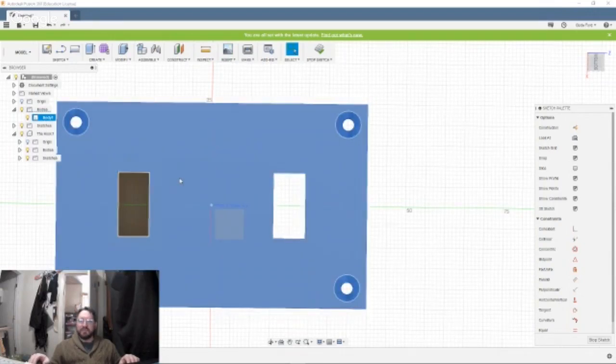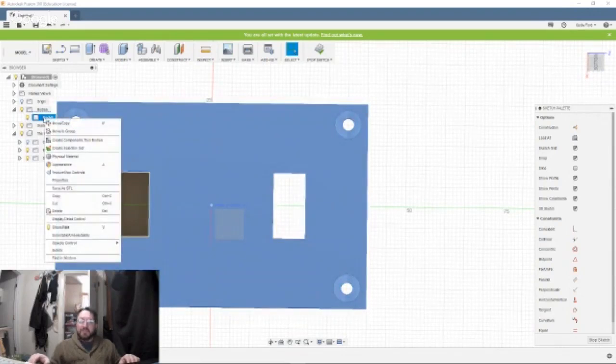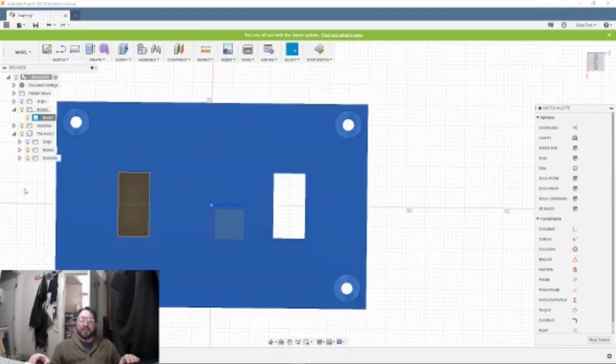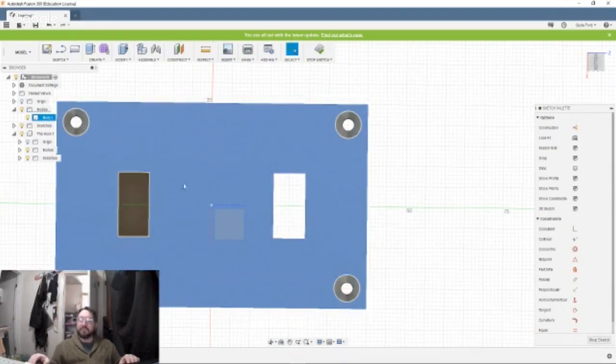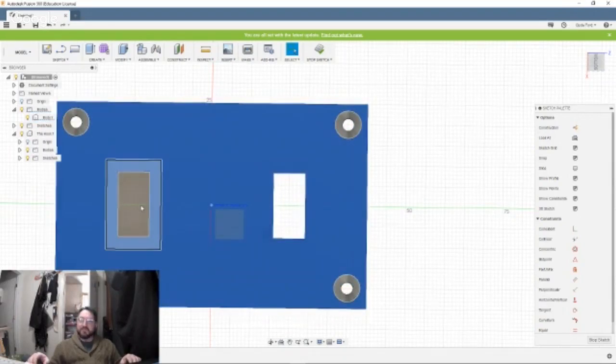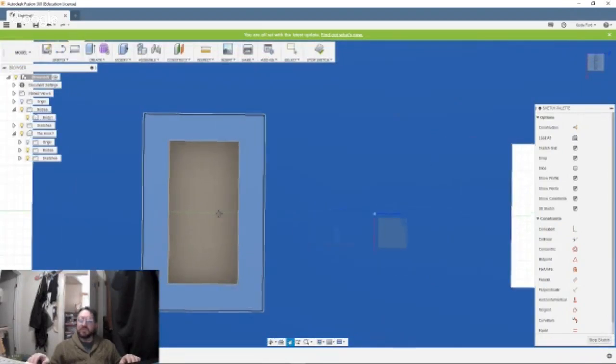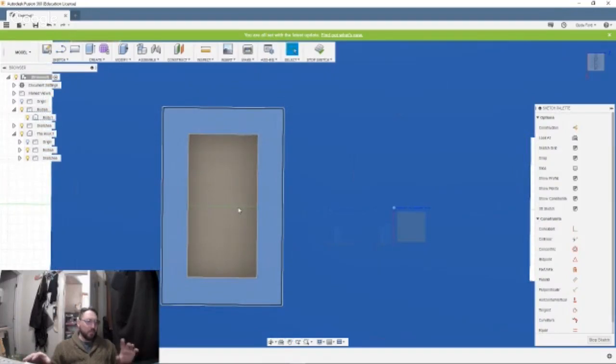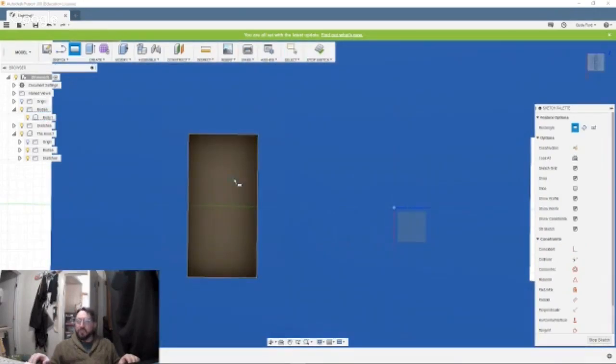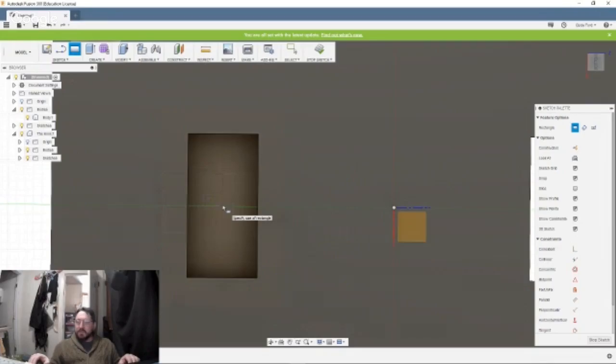Oh, what do you mean? Usually I have to right click on it and say make active or whatever. Because if you look on here, oh, okay, no, it automatically did it. Never mind, we're good. I don't know why it did that. Make active. Yeah, when I do multiple components, usually I have to select which component I'm working on. Otherwise, it links them together in a weird way. Well, usually you just go down and you select it, and there's a little bubble on the right-hand side that pops out, and you click the little bubble, and it blackens the bubble, and that's the item you're working on. Yeah.